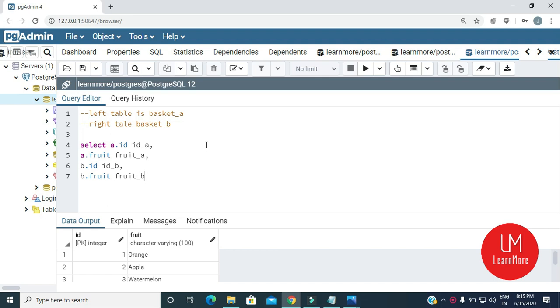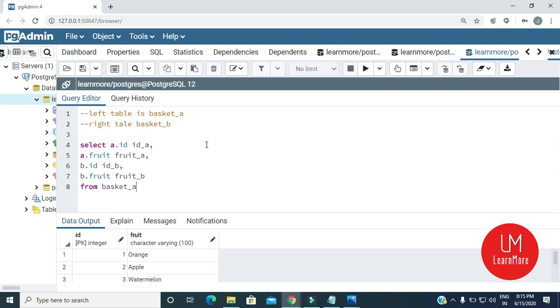Okay, then from, as per our syntax, from you have to mention the first table, that is basket_a.